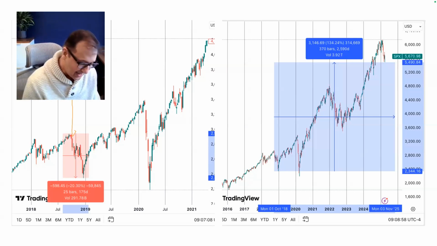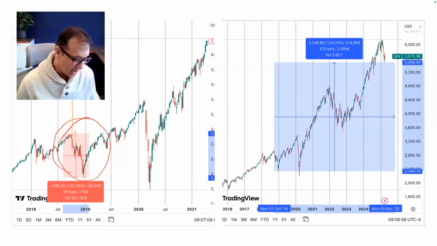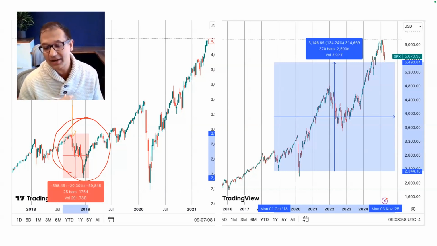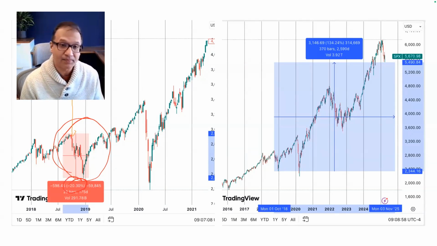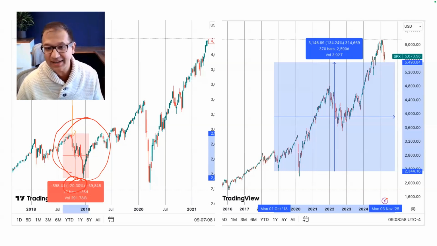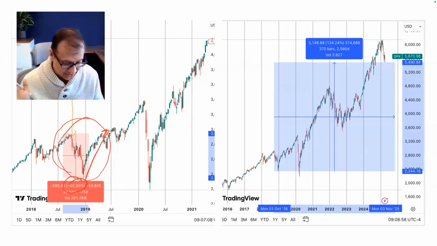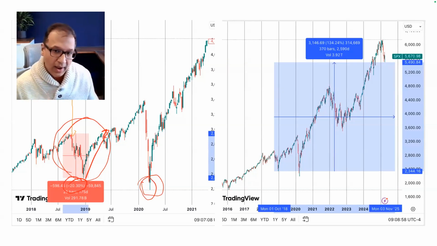Back in 2018, something very similar had happened. Trump was in power at that time and he had initiated a similar kind of trade war with China. And that also rattled the market and it brought the market down by about 20.3%. But what's interesting is that within 6 months, the market recovered fully and then it made all-time highs thereafter. Of course, in 2020, there was COVID, so that's a completely different story. But this kind of trade war has happened.